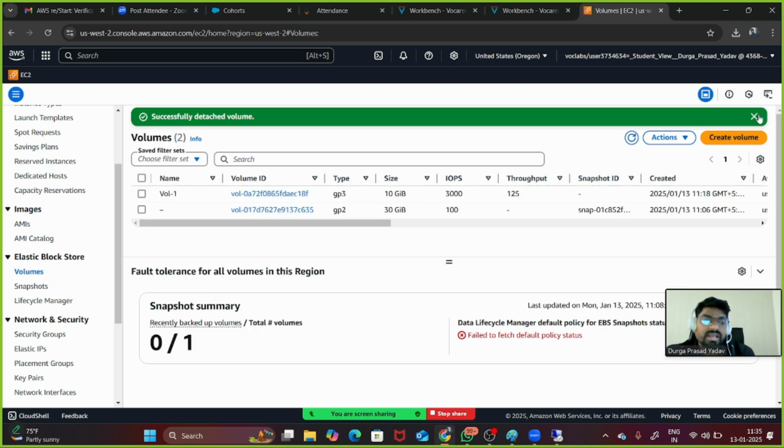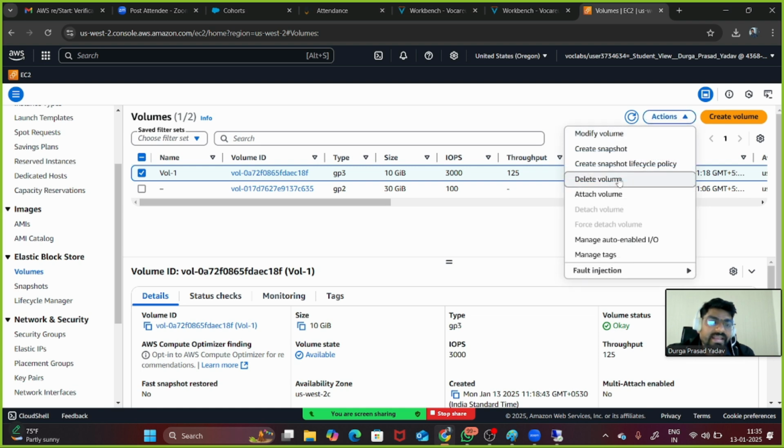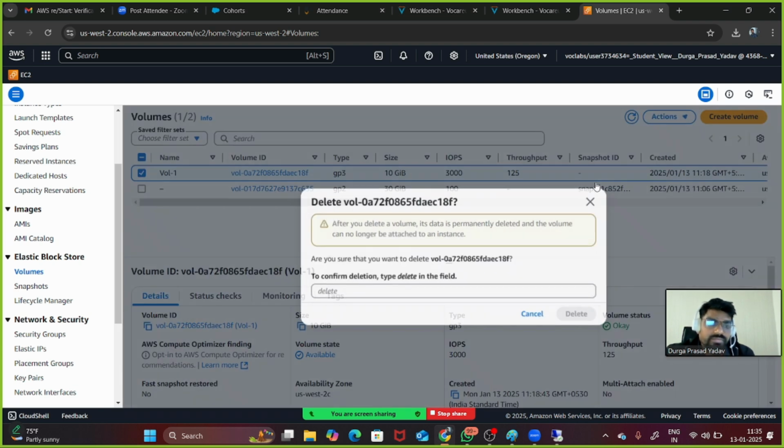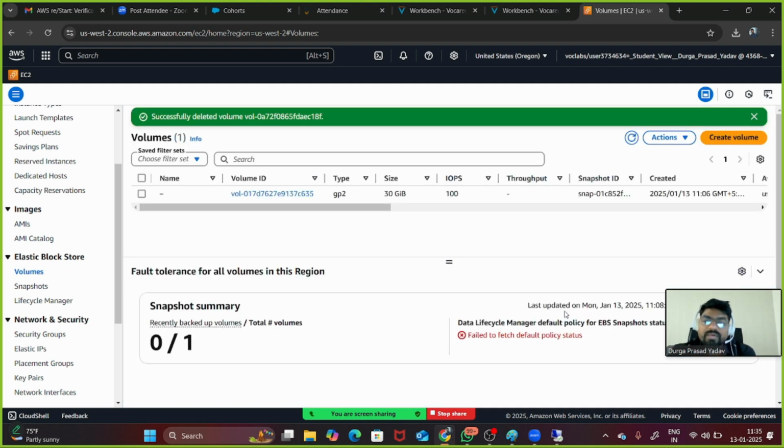Now we will delete it. Why are we deleting? Because we have taken the backup. Now we have deleted the volume completely. This 30 GB is the root volume, so we are not going to do anything with it now. Next,